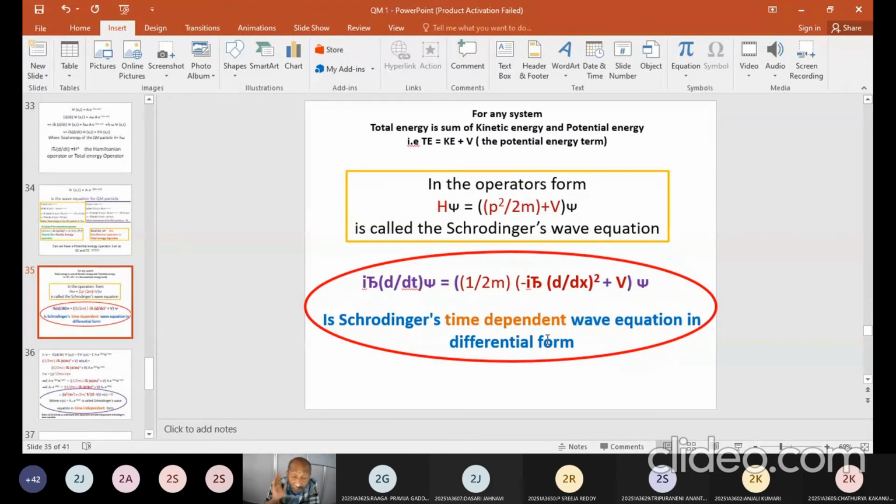Basically I really did not do anything great. I just added two words, that is to say it is time dependent. This equation is again total energy is equal to kinetic energy plus potential